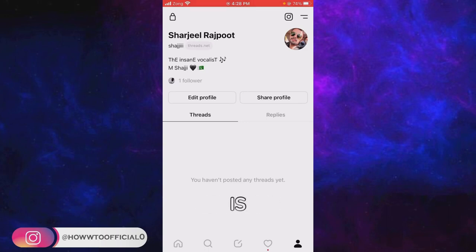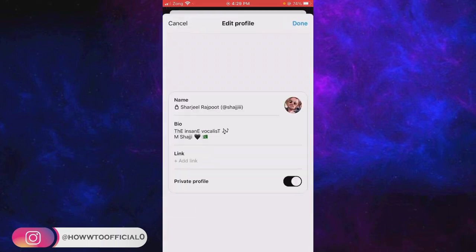The first one is you can import your bio from Instagram, meaning the bio that you have written on your Instagram account will be fetched or imported from there, and your Threads bio will become the same. And the second option is you can write a new bio on your Threads account, which will be different from the Instagram bio. So for that purpose, you have to first of all tap the edit profile button, and the